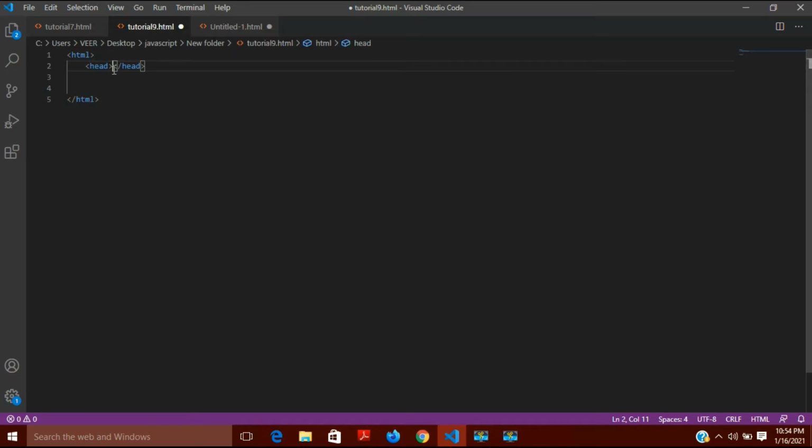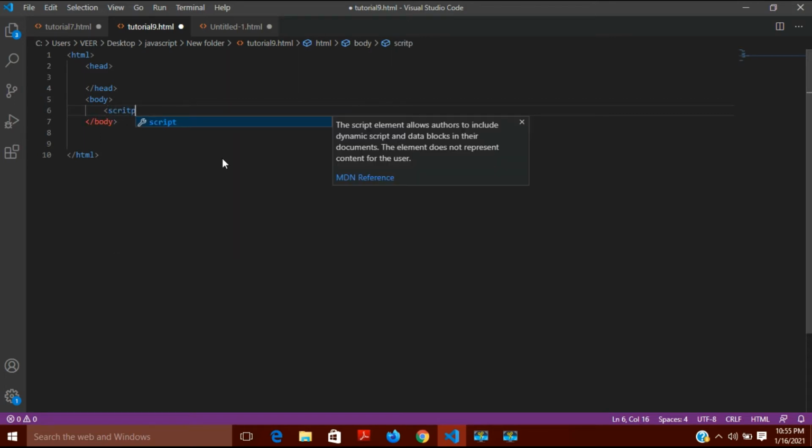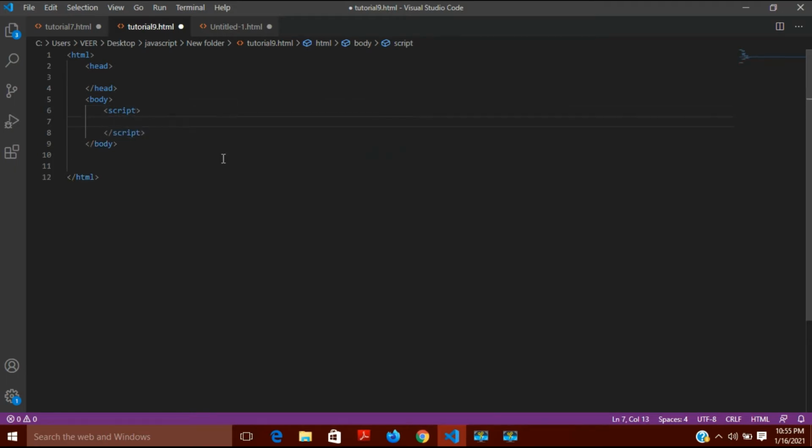This is the hierarchy which I have to follow, and after head I will have to write body, and inside body I can write script. Now inside script I can write my JavaScript code.